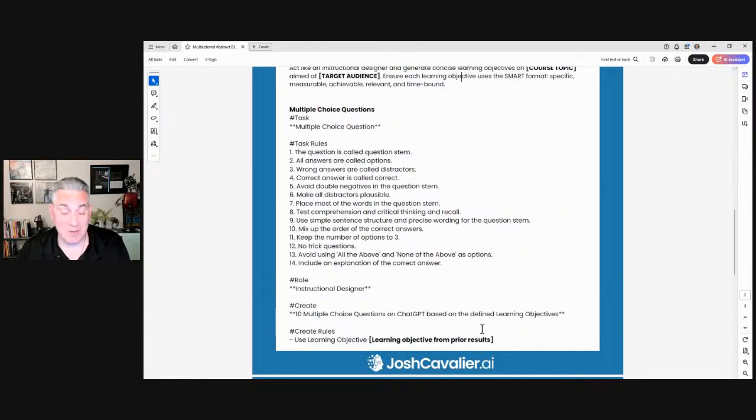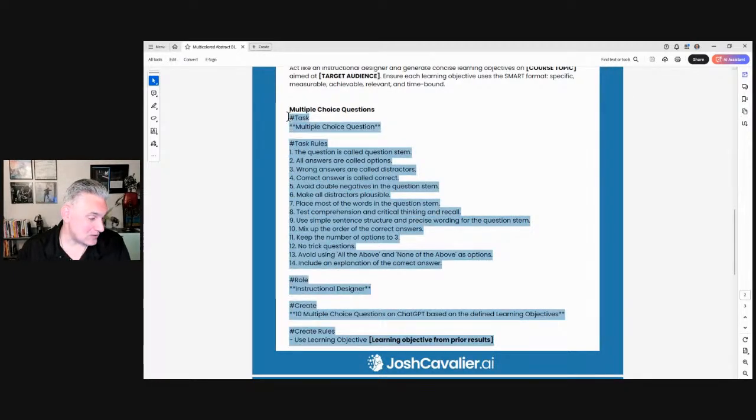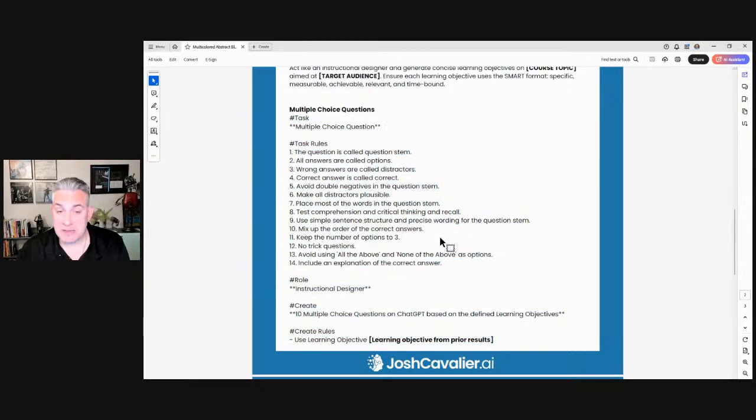Well, let's grab our multiple choice question prompt and copy it and get it into the clipboard. Now, before we paste it, I do want to describe the structure and the format that's being used here. Typically, I will use what's called a Tracy prompt, and the Tracy prompt has task, rules, role, sometimes there's role rules in there, create,